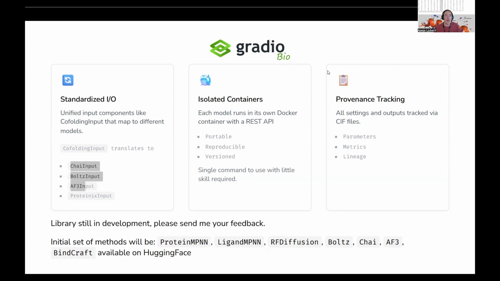And the other comment is, you still have to write, or are you in the process of writing, Python wrappers around RFdiffusion probably, and Boltz and Chai and AlphaFold 3, because you're using them in GradioBio. So I think this is where we could really team up, because ProtFlow is also doing the same, RosettaLink is also doing the same. So we could just write the Python wrappers once, and then everybody would use them for their own thing. Most people are using Python, so most people would benefit from that.